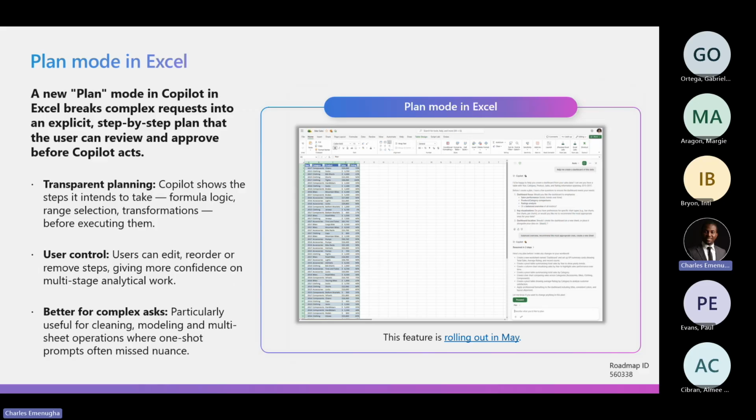Now, Microsoft Excel has gained plan mode for Copilot. This is designed to help users make complex changes with confidence by outlining a clear step-by-step approach before doing anything in the workbook, right? Before even updating anything. Now, to enter plan mode, users will select plan from the menu above the prompt box. So when you open the Copilot chat prompt box,